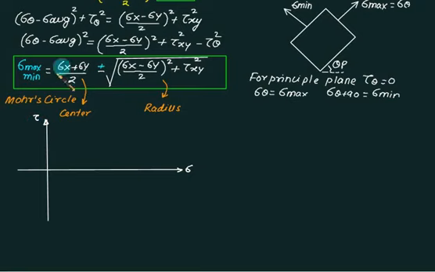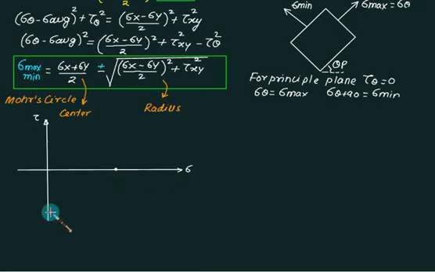Now according to this you have to mark the center. Initially let us assume all values are positive to explain the Mohr circle. Later, if a value is not positive, it can be adjusted. This value is (sigma x plus sigma y) by 2, so naturally it will come positive and it can be marked on this axis. Say for example sigma x is 100, sigma y is 20, 120 by 2, so on 60 you can mark. So the coordinate of this point is 60, 0. So this one is the center.